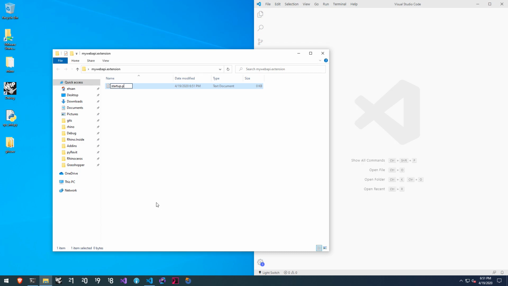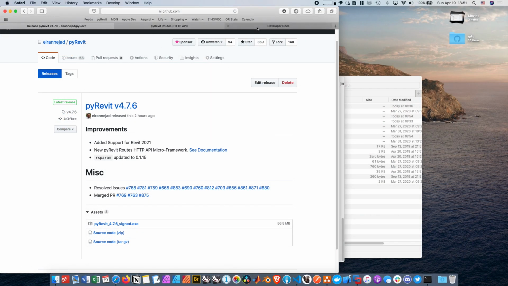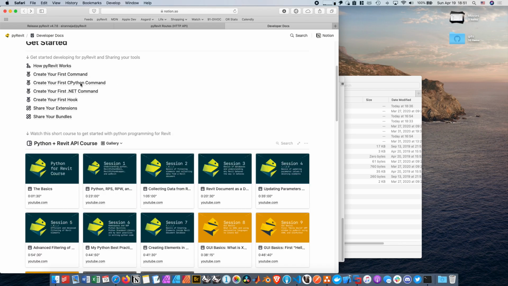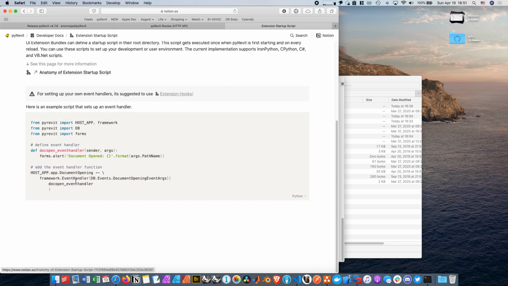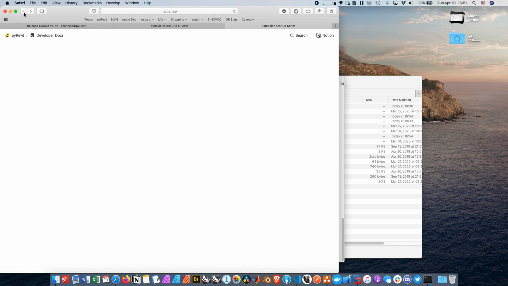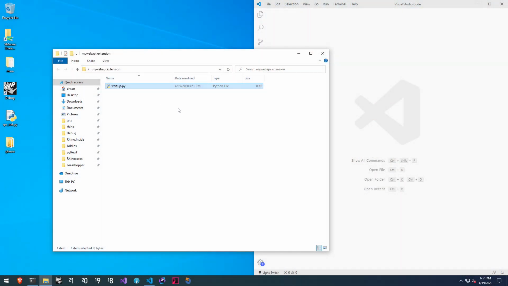I'm going to create a startup.py script. This is the extension initialization script that PyRevit runs whenever it loads your extension, if it's available. If you don't know about it, go to the developer documentation on the wiki and find the extension startup script, and it basically explains what these extension startup scripts are. And at the end of this video, once we have created our function and our basic web API, I'll explain to you why we're putting our API here. So I'm going to open this,